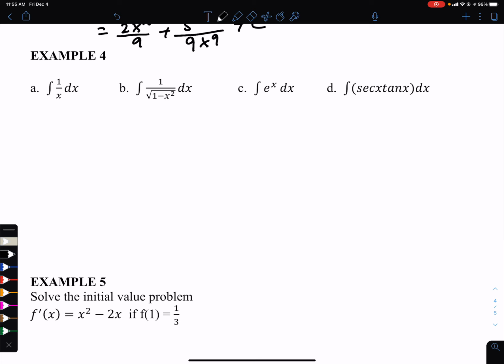More examples. I'm just going to do these because these are common integrals, or antiderivatives, you need to know. You ask yourself, the derivative of what is 1 over x? And you should say ln x. And technically it's ln absolute x. Not going to go into the details of why, but it is. And just a side note,